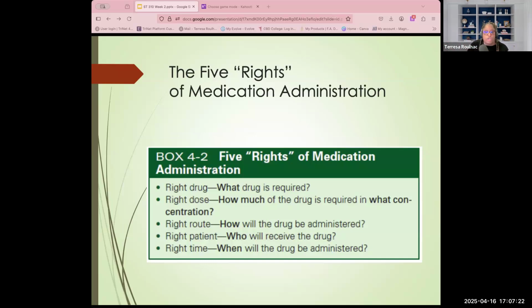Now, box 4.2 gives you the 5 rights of medication administration. For medication errors to be avoided, we look at the 5 rights. We see when things have been established. That means we as a team have to work together. So you have your right drug. Well, we're in the operating room, so we have already checked the surgeon's preference card. We verified with our surgeon, and me and my circulator, Susanna, are working together. We've got this, right? So now we know that we've got the right drug, and we keep the drug vial